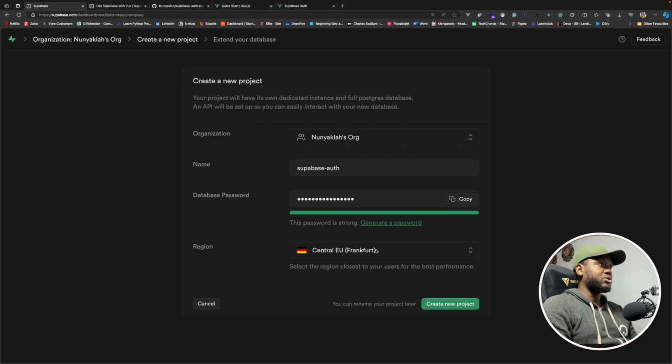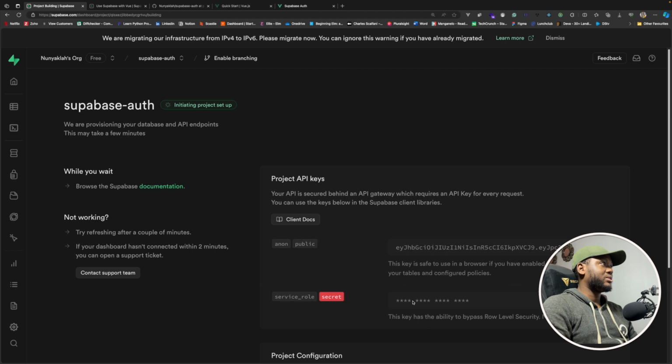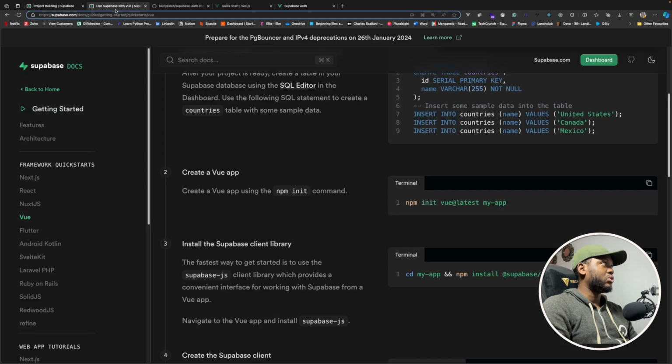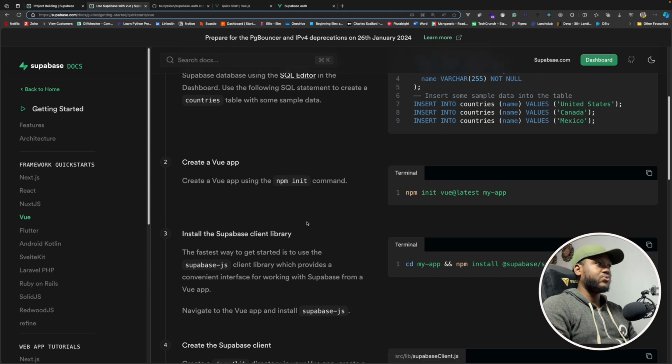Okay, so for the region, I'm going to choose London. I just like choosing regions that are closer to me. Click on create new project to create the project for me. So this is going to take some time to run. So once this is setting up, we have to just go to the documentation and follow the rest of the